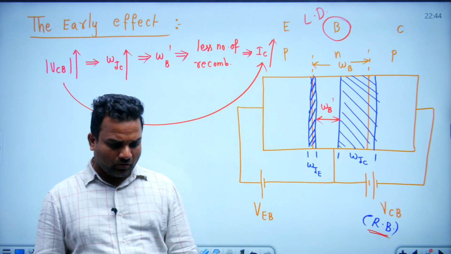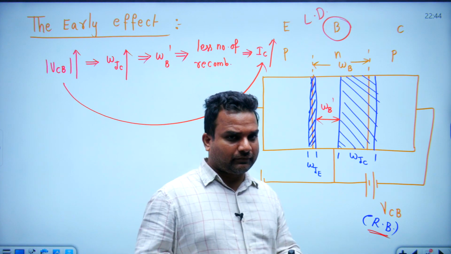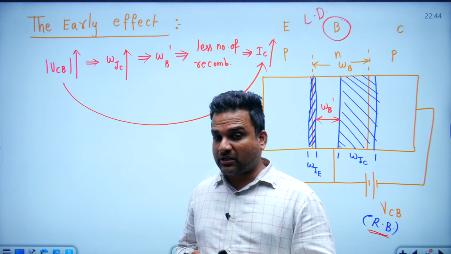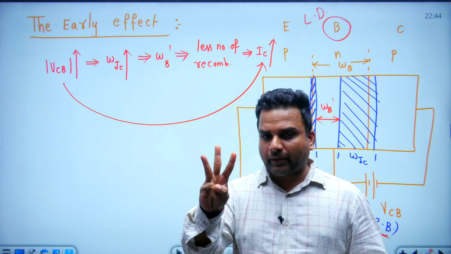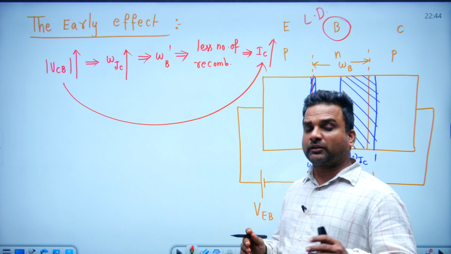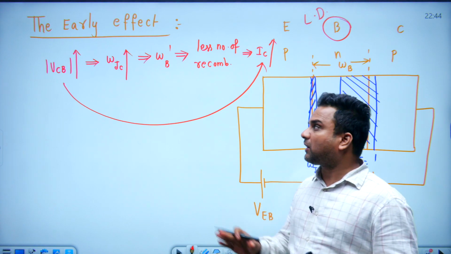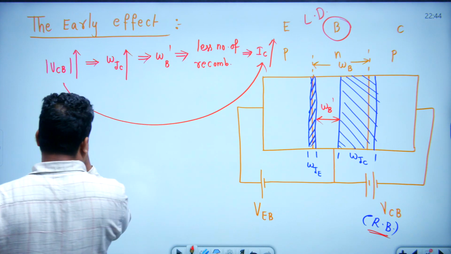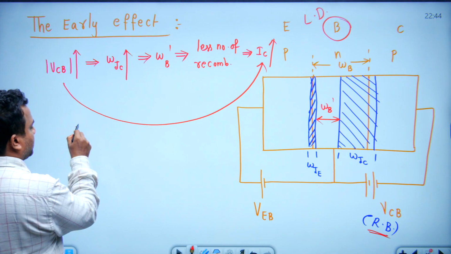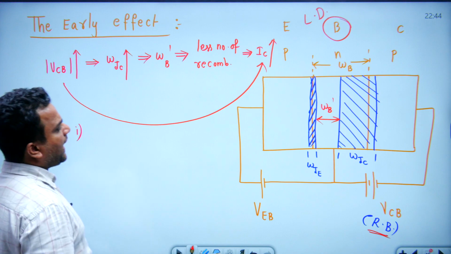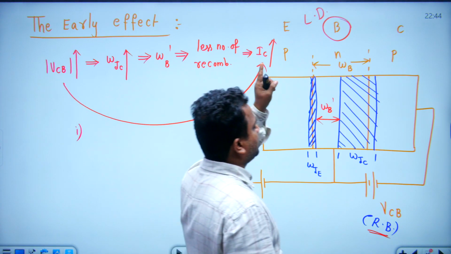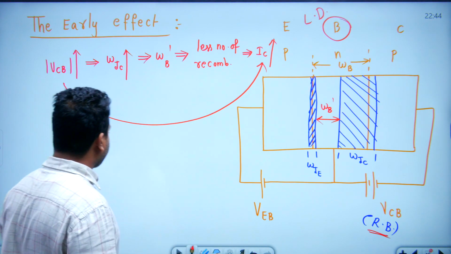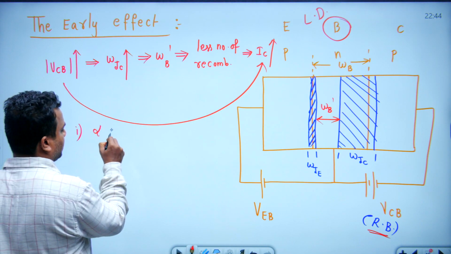Got it? Now guys, James Early, the one who proposed this early effect, has given 3 proposals. There are 3 outcomes of the early effect. What are they? The first point is, as there are fewer recombinations in the base region as WB dash reduces, remember alpha increases